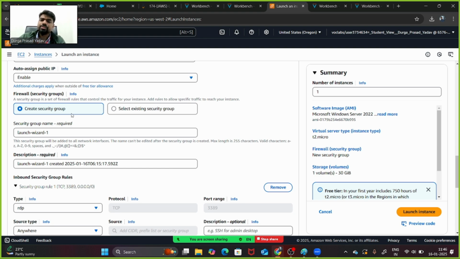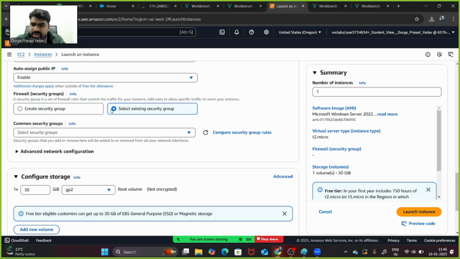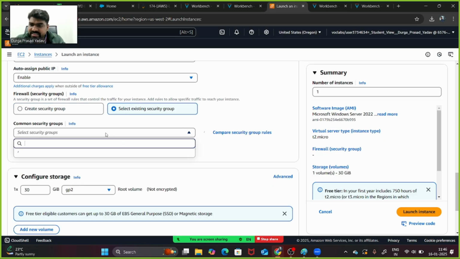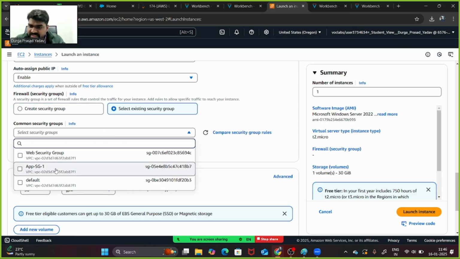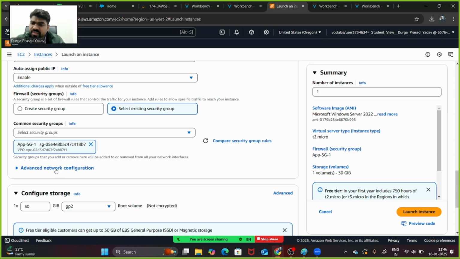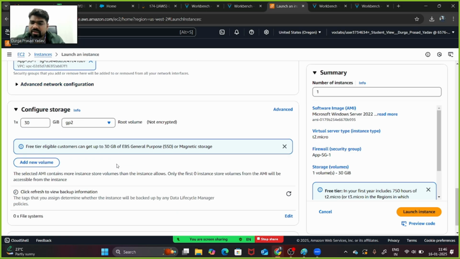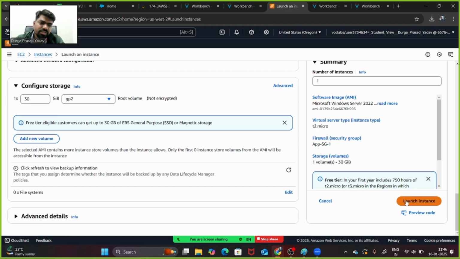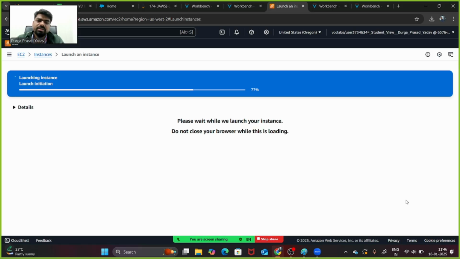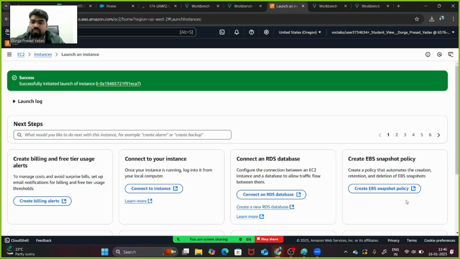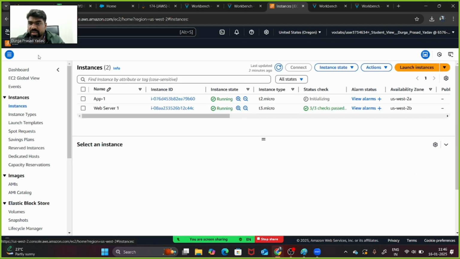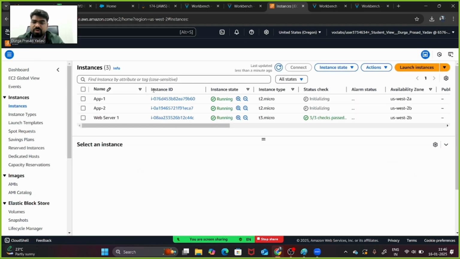So I can select the existing security group, which is AppSG1, application security group 1, and that's it. You can launch this machine. So again, we have created two different machines. Here you can see now app1 and app2. These two machines I have created.